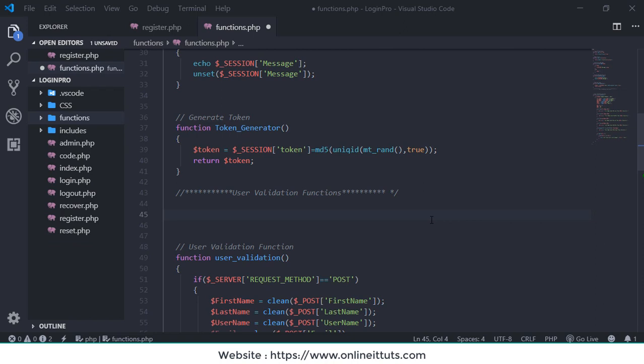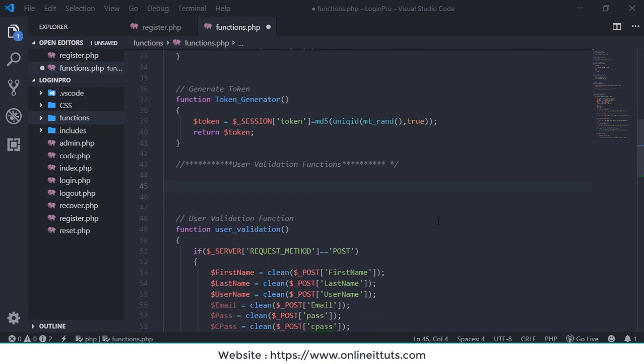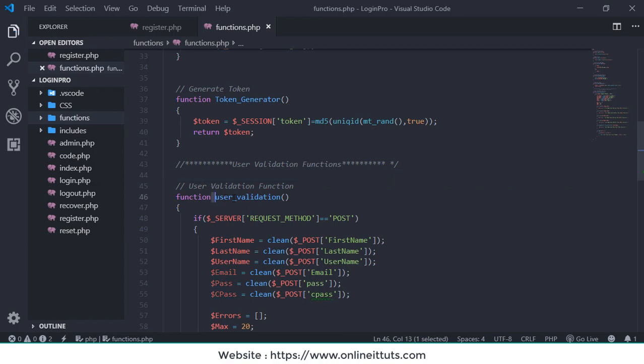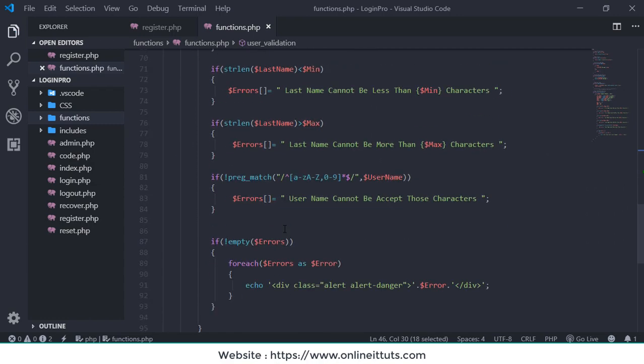Hello guys, welcome back. In this video I'm going to teach you another validation, like checking whether the email or username is available in the database, and also how you can check the password and confirm password validation. So first thing, after the user validation function, I'm going to create another function,